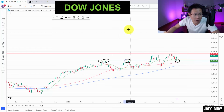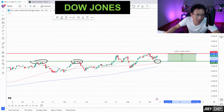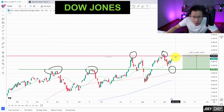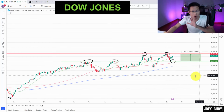So the range would be like 40,000 all the way to around 41,500. So about 1 week back, 2 weeks back, we saw some selling happening right over here around 41,500, and since July, about 1-2 months, we've been trading below this level. So selling wise, resistance about 41,500 to 41,600. Potentially that's where some selling can come back again, and if we were to break that level,